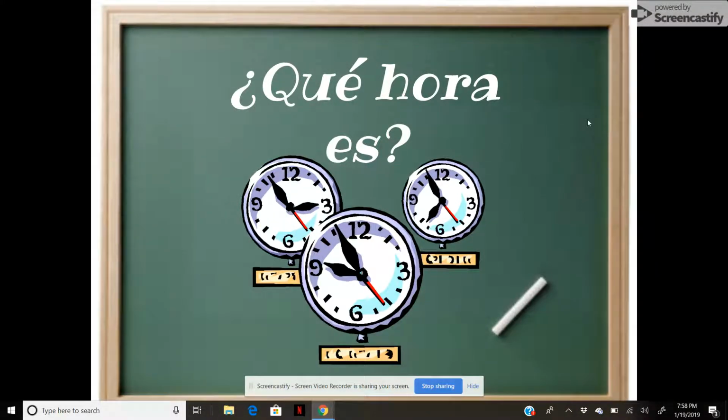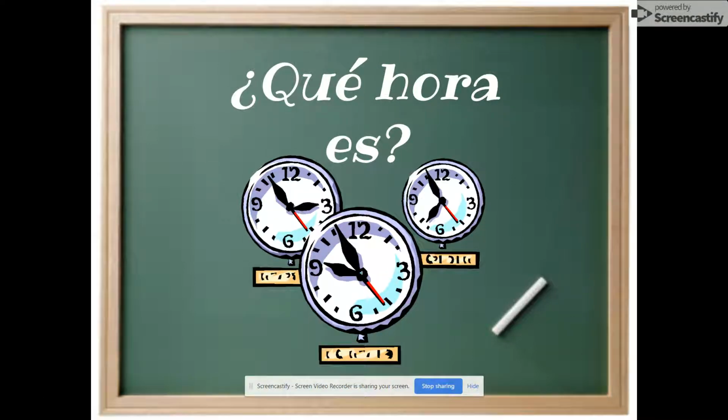In this presentation, I will teach you how to say time in Spanish. In Spanish, time means tiempo, and hora means hour. But when we want to say time, we say la hora. That's why we ask, ¿qué hora es? Even though the words are cognates, they don't match the context.